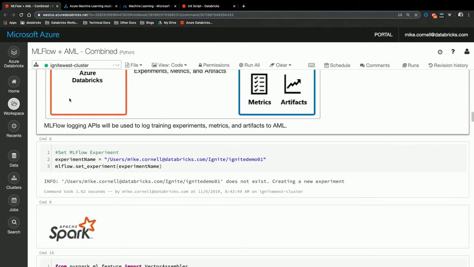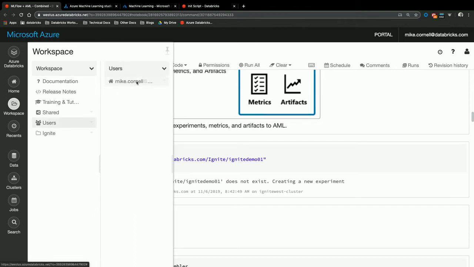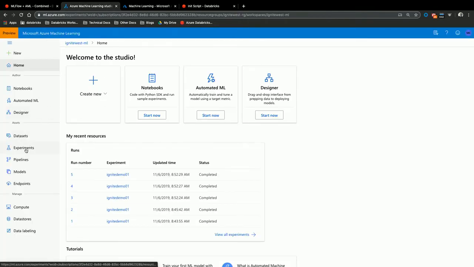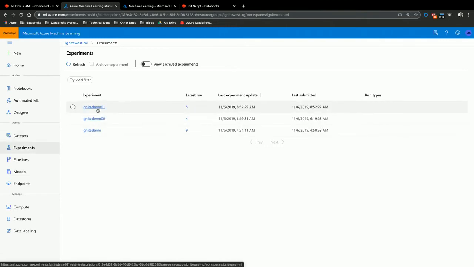So first thing we're going to do is set the MLflow experiment, okay? You'll note here I'm not using anything Azure ML. I'm using common open source MLflow APIs. I'm saying, hey, MLflow, let's set the experiment name. That's going to do 2 things. It's going to create the experiment out here in Azure Databricks, okay? But all of the backend for that experiment is actually being stored inside of Azure ML. So if I flip over to the Azure Machine Learning Studio, and I come out here to experiments, what actually gets created there is that Ignite Demo 01. Okay, so when I set that experiment, it created it, and now it's there.